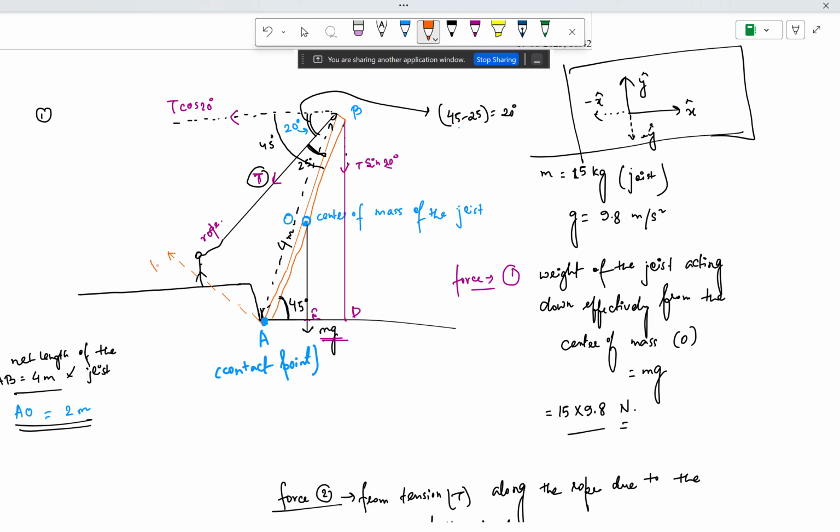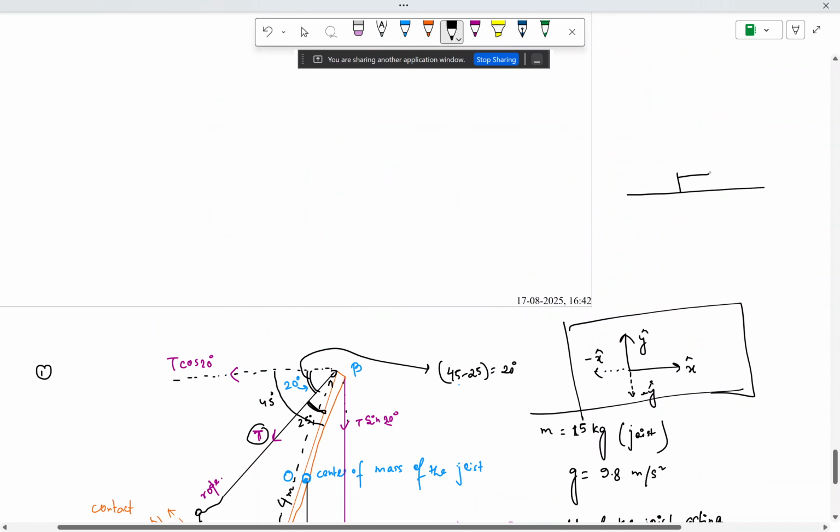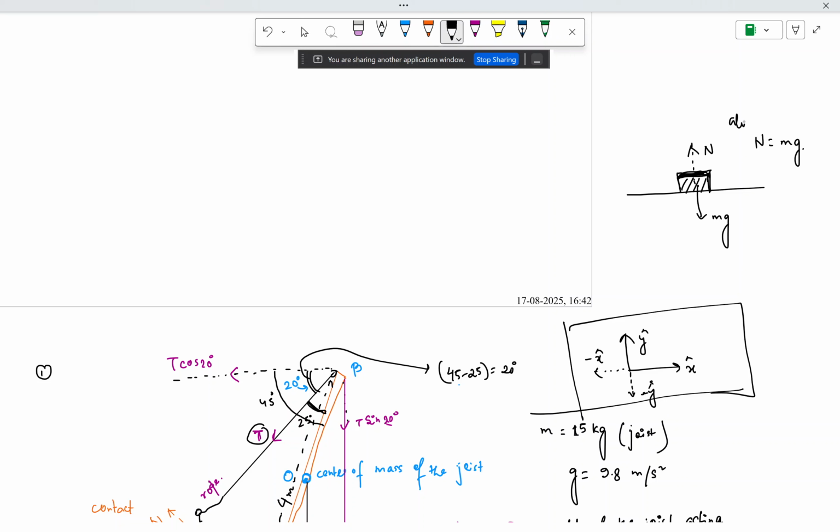So remember the idea of contact force, right? Let's say if this is a body sitting exactly in plane with the base, then it is less complicated because the weight is in the downward direction, exactly mg, and the contact force is exactly balancing out that vertically downwards weight. So it is vertically upwards from that point. If there are no other forces, then N equals mg obviously in the vertical direction. They will be balancing out each other.